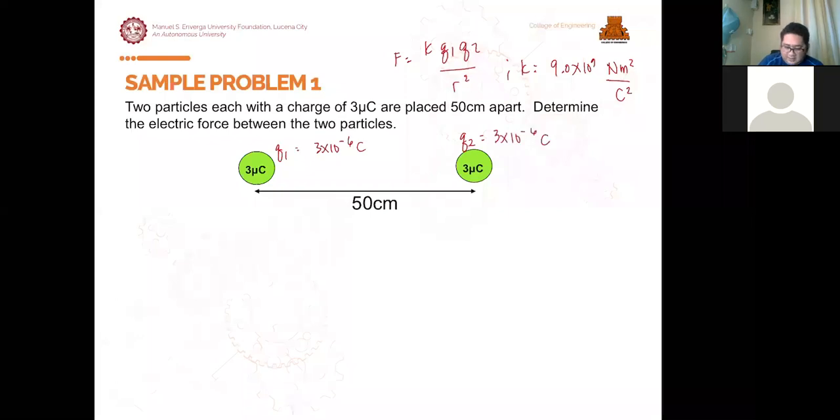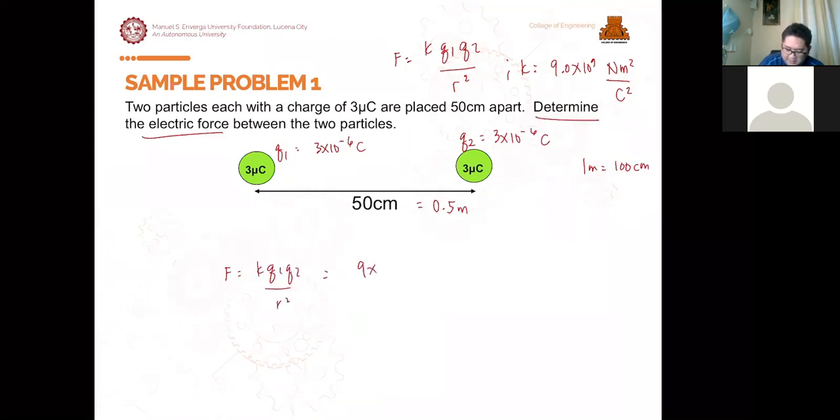Okay? Then, we have our distance, 50 centimeter. So, in meters, okay, this is equals to 0.5 meters. Okay? Kasi 1 meter is equals to 100 centimeter. Okay? So, now na-convert na natin into one single unit yung value natin, we can now determine the electrical force,